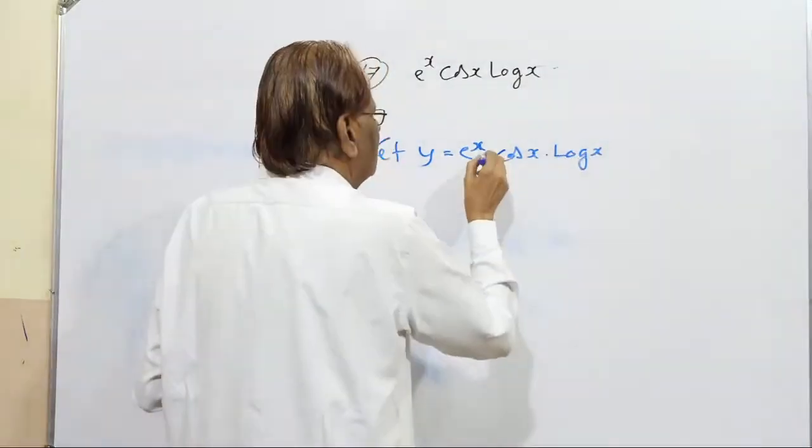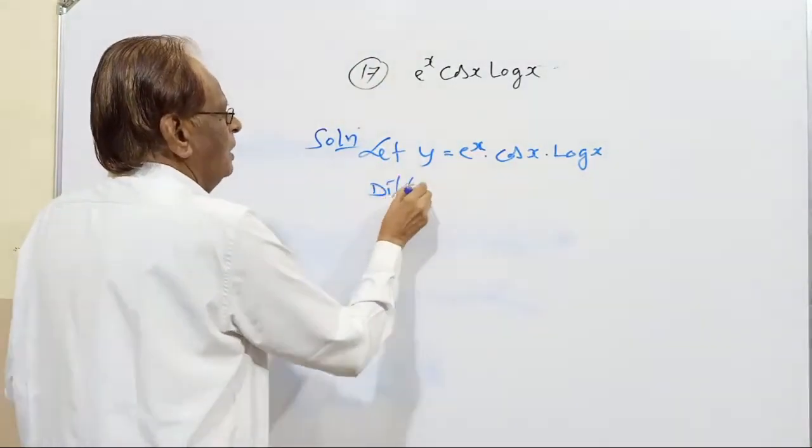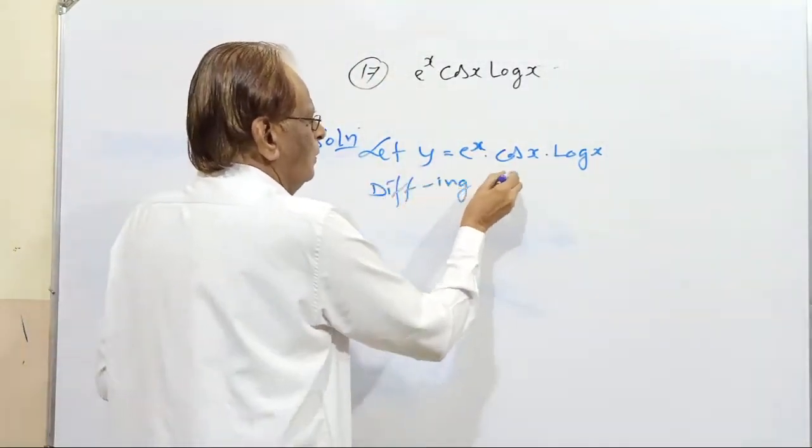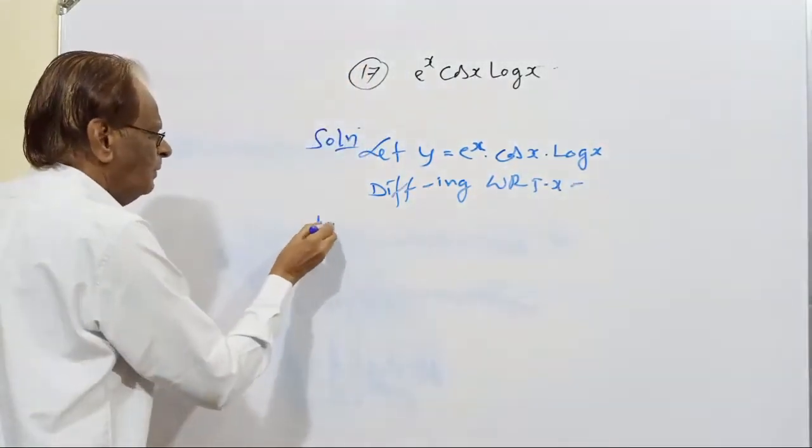We are differentiating the product of three functions. Differentiating with respect to x, dy by dx equal to,